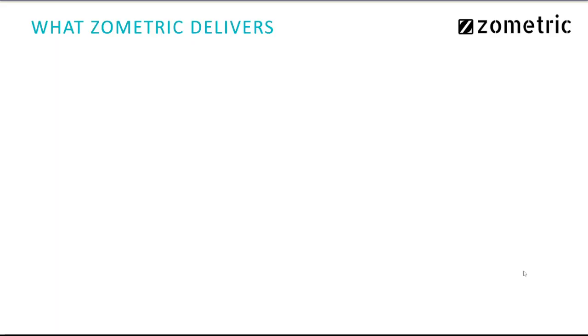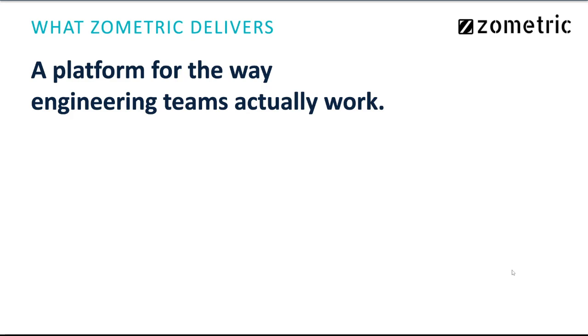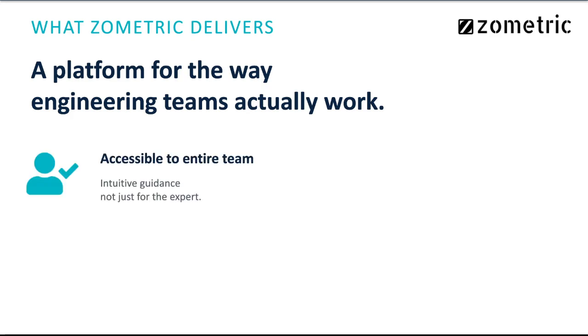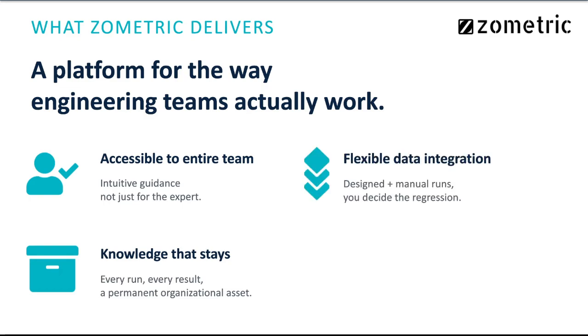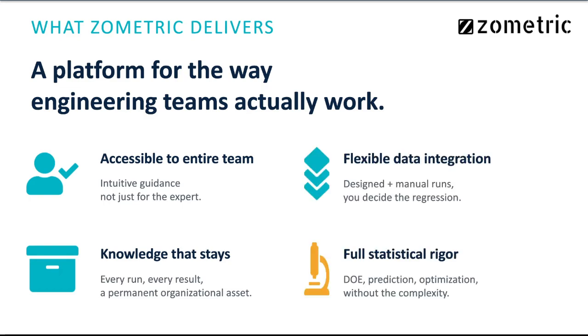If you're leading an R&D function, a quality team, or a process engineering group, and you're serious about building an experimentation culture that scales, Zometric is the platform I'd recommend. It's not just a DOE calculator. It's an enterprise experimentation system that makes statistical methods accessible to your whole team, preserves institutional knowledge, integrates historical data alongside designed experiments, and gives every stakeholder, from the floor engineer to the department head, a single place to design, execute, analyze, and optimize. Whether you're running your first designed experiment or your 100th,